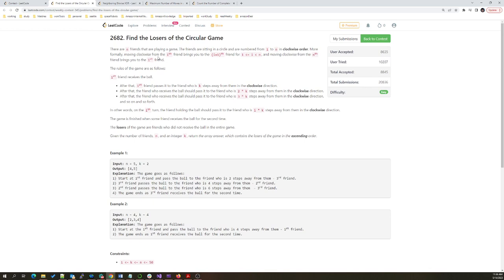So for this problem, we need to find the loser of the circular game. The problem looks like this: we have n friends playing a game. The friends are sitting in a circle, and their numbers are from 1 to n in clockwise order. And we also provide another value k. And in the first round,